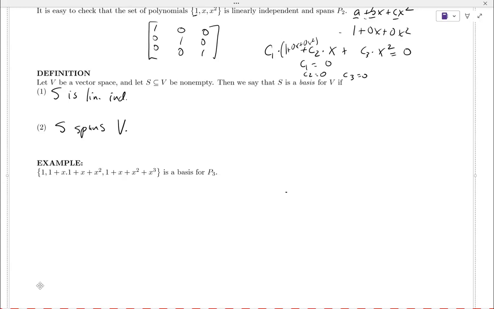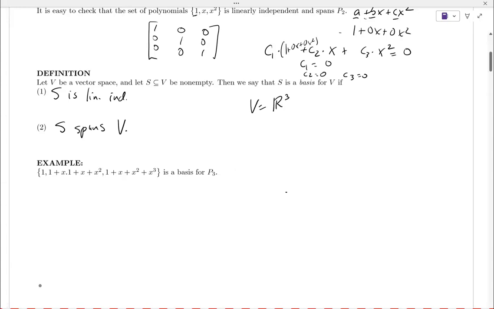So remember, the reason why we want both of the conditions is because the spanning part tells you that you can write everything in terms of the basis elements. The linearly independent part tells you that you can do it uniquely, right? So there's one and only one way to express every vector in the vector space as a linear combination of the vectors in the basis. Again, we talked about some standard ones, and we'll go back to the standard ones later on as well. But remember, in R3,